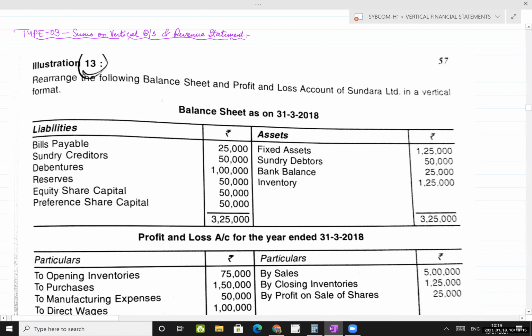And if you look into the information also see दोनों informations आपको दिया हुआ है. Balance sheet भी दिया हुआ है और P&L भी दिया हुआ है. ठीक है. To rearrange the following balance sheet and P&L of Sundara Limited in a vertical format. Balance sheet as on 31st March 2018. Liabilities, bills payable is what? Current liability. Correct? Under the category,